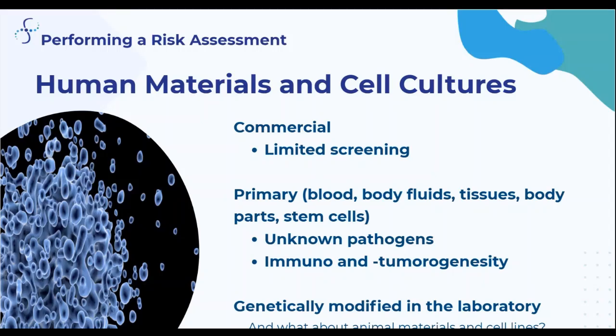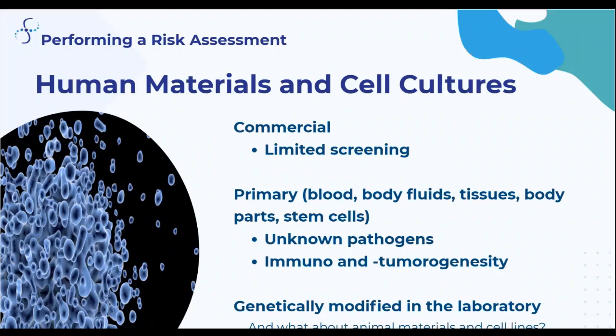Primary human materials, including blood, body fluids, tissues, or surgical samples, pose additional risks. These materials may carry unknown or emerging pathogens, including, but not limited to, bloodborne pathogens like HIV, HBV, or HCV. Finally, when these cells are genetically modified in the lab, the modifications can alter risk. For example, introducing oncogenes, viral genes, or immune-modulating elements may increase hazard potential. Animal materials and cell lines may be hazardous as well due to the presence of zoonotic agents that can potentially